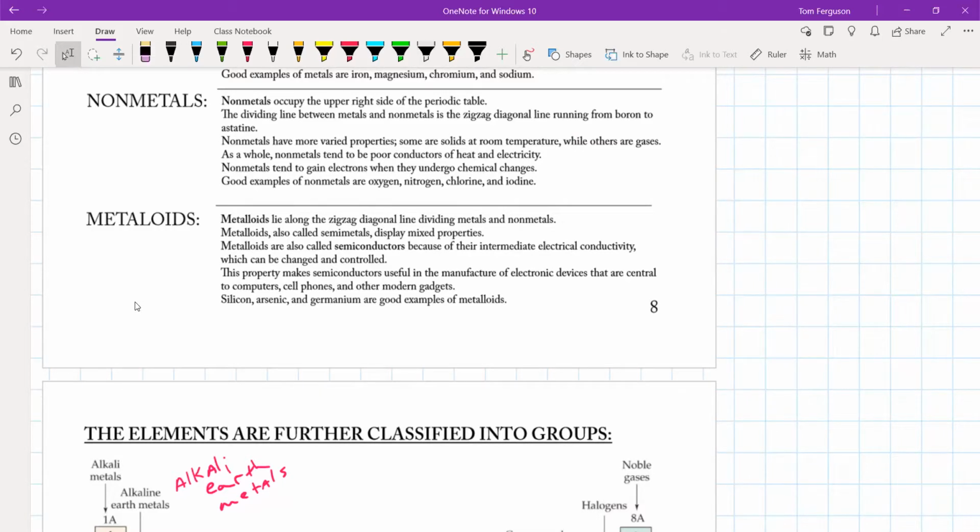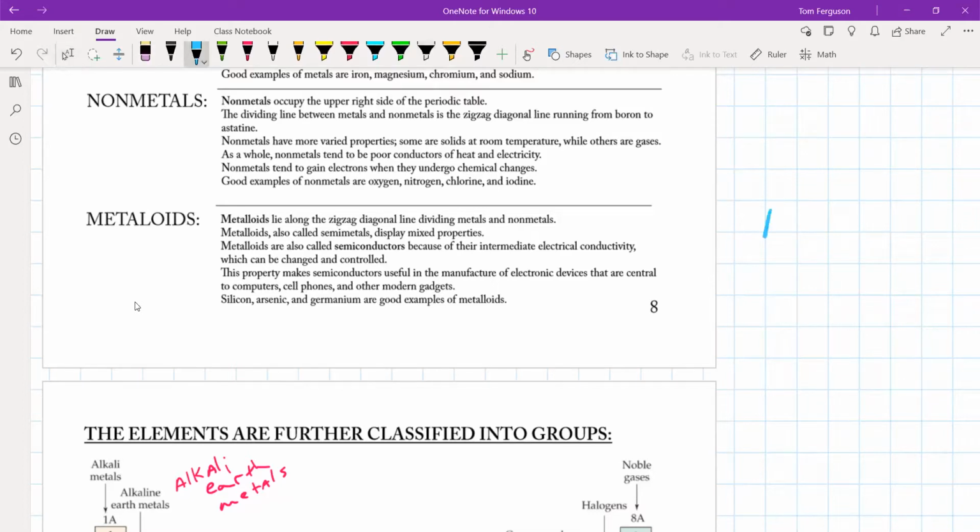Our whole digital world is based upon metalloids. In fact, I have a student who created a hat for me that said "metalloids are cool." That's because our whole digital evolution is based upon